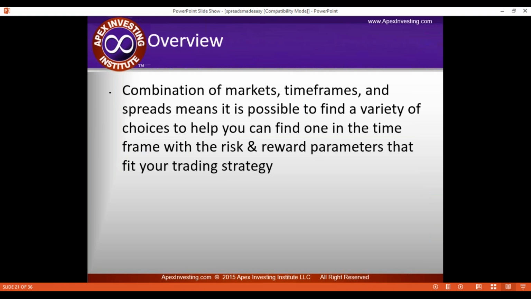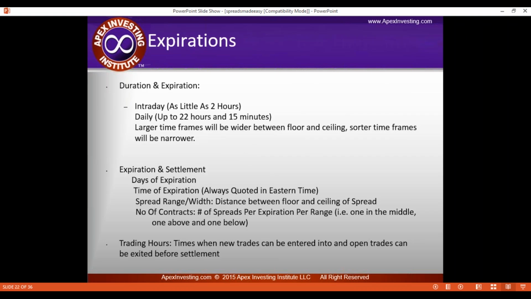It's possible to find a variety of choices to help you and find one in the time frame with the risk and reward parameters that fits your trading strategy. What do I mean by that? Well, there's all kinds of different